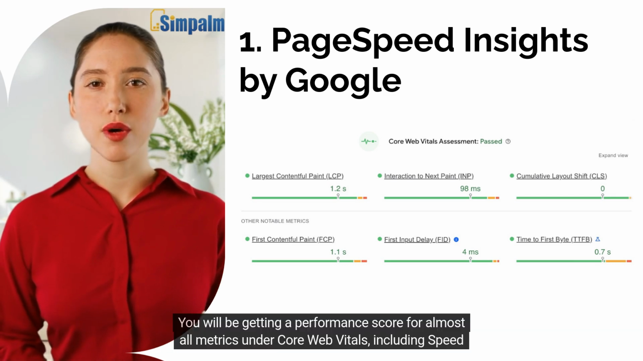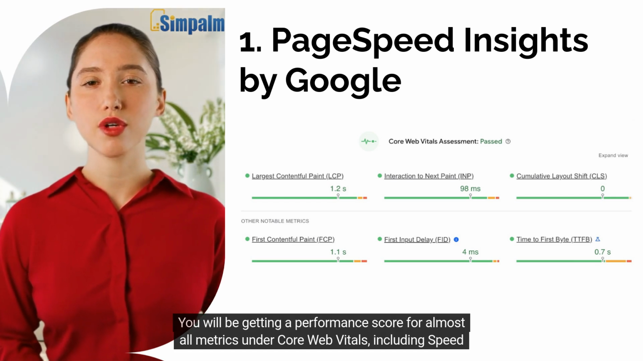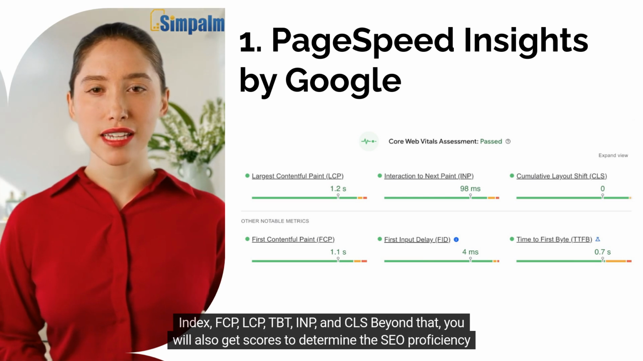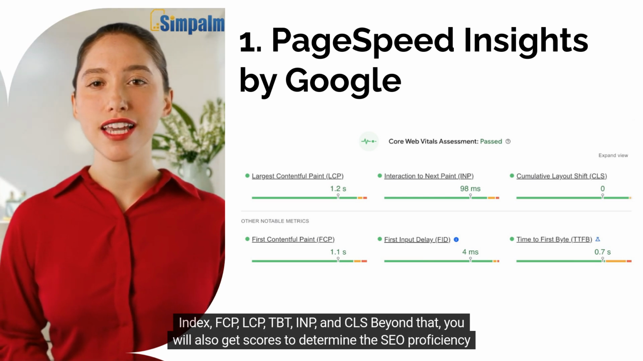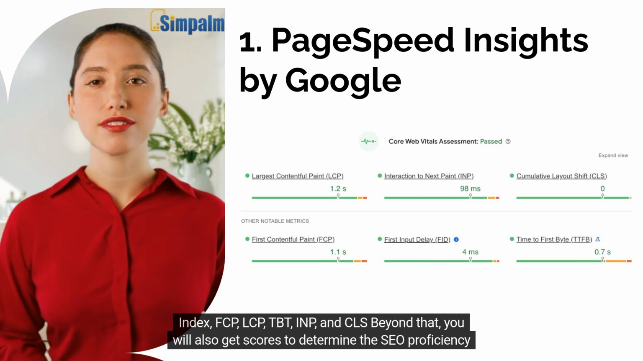You will be getting a performance score for almost all metrics under Core Web Vitals, including Speed Index, FCP, LCP, TBT, INP, and CLS. Beyond that, you will also get scores to determine the SEO proficiency and accessibility of the